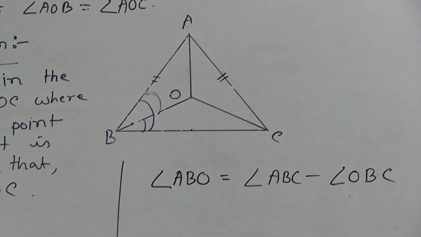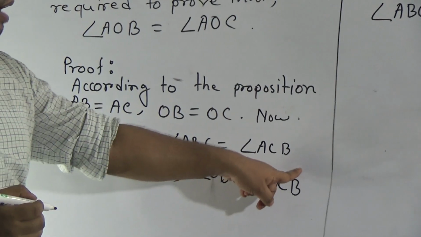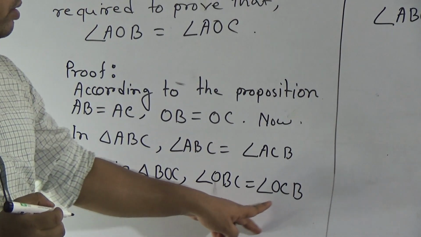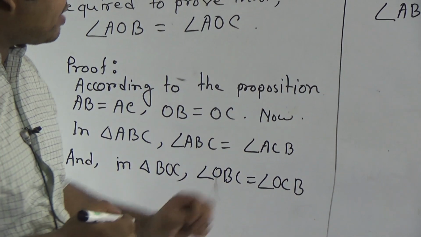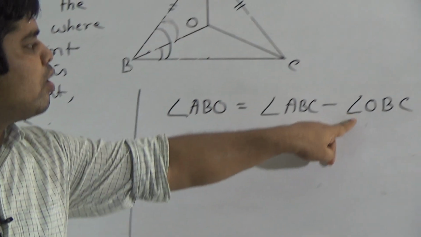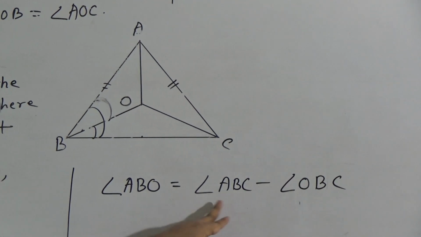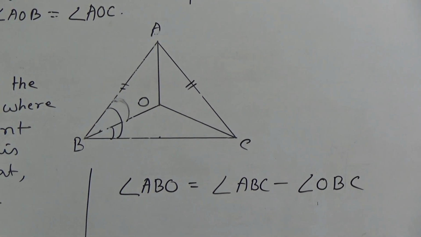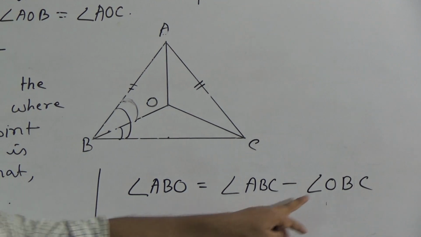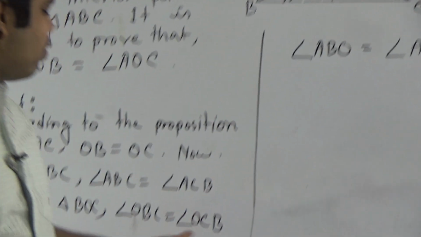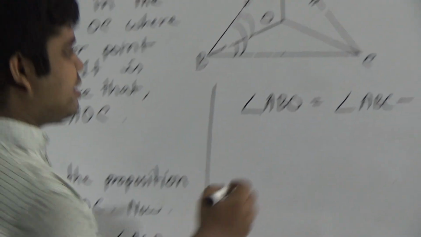My dear students, notice here ABC equal to ACB and OBC equal to OCB. Here you notice ABC and here OBC. Now putting the value of ABC and OBC: the value of ABC is ACB and the value of OBC is OCB. So write